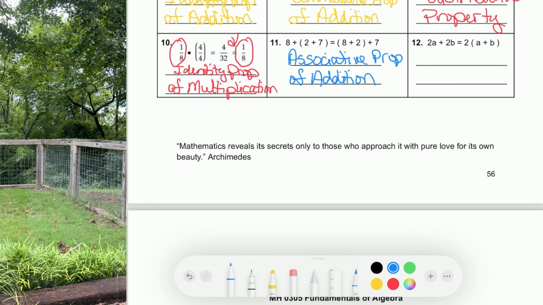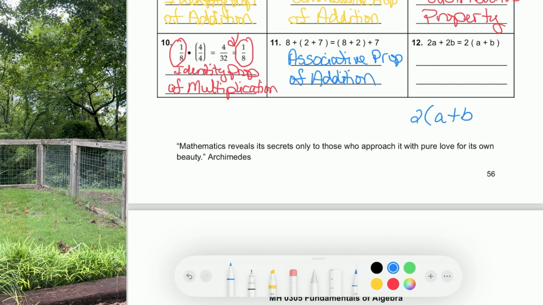All right, our last one, number 12. We have 2a plus 2b equals 2 times a plus b. So this is like the last one in our terminology notes, actually. I think it was the last one. So I need to think backwards on this one. How did they get from 2a plus 2b to 2 times a plus b? Well, let me take that right side